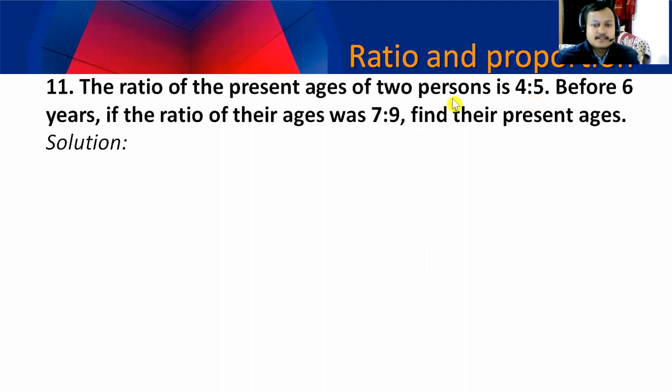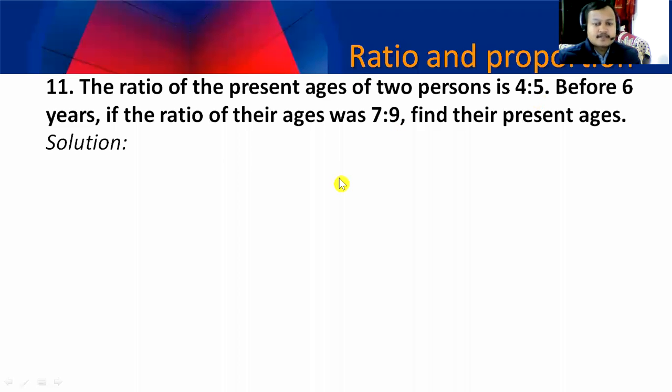From first sentence, what we can write? 4x is to 5x. Yes, the ages of two persons are 4x and 5x. Let the ages of two persons be 4x and 5x. Similarly, before 6 years, if the ratio of their ages was 7:9,